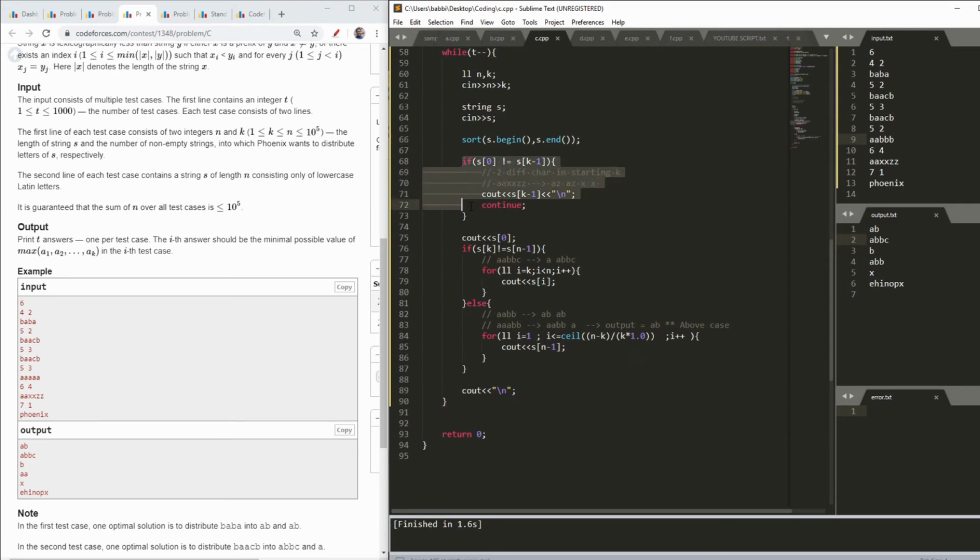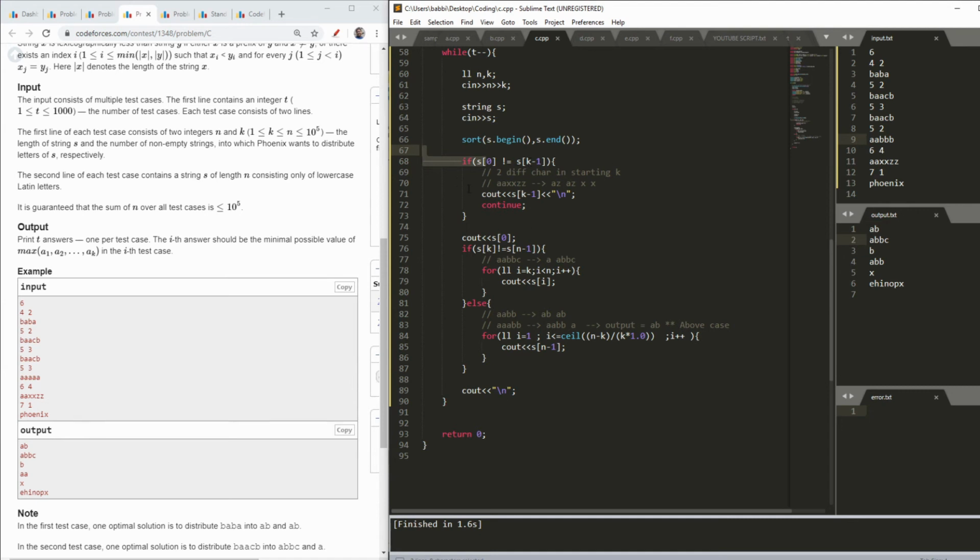Then first of all the case, as I showed you, the case of AAXXZ, that if S of 0 is not equal to S of k minus 1, because actually see, if it is not equal, then it indicates that in the starting k elements I have more than one different alphabets or letters, and if I have more than one different letters, then I will just print the particular one which is lexicographically bigger, and I will not append anything further in that.